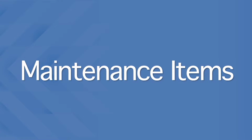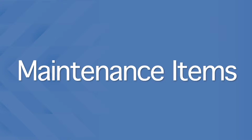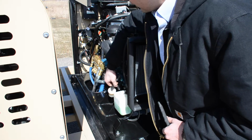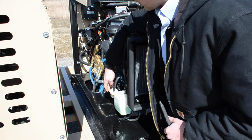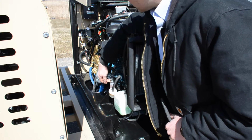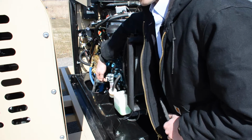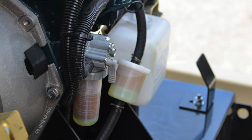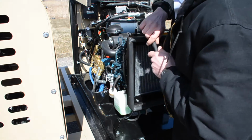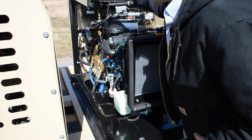Now let's go over some of the maintenance items in the engine compartment. We have our coolant overflow tank located here. We have a fuel filter that's in line located here. We have a fuel filter located on the side of the engine, and we have a fuel shutoff valve attached to that filter. We have our dipstick to check our engine oil, and in the back we have our cat pump,